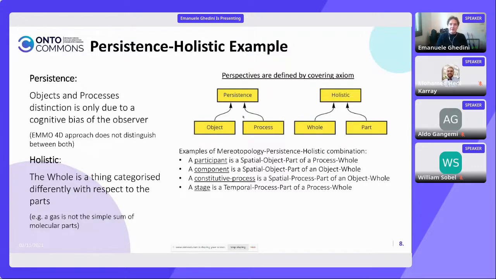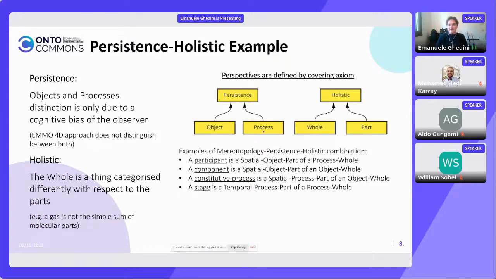And if we combine these perspectives, it opens up a wide range of very interesting definitions. So, for example, a participant is a spatial object part. So, spatial, we are using the top-level ontology relation. So, a participant is an object which is a part of a whole, which is a process, or a component is an object which is a spatial part of an object whole, for example, and so on. So, we can build very easily a lot of useful, very general definitions by using these perspectives that are defined by covering action. So each perspective is a covering action that expresses the world in a set